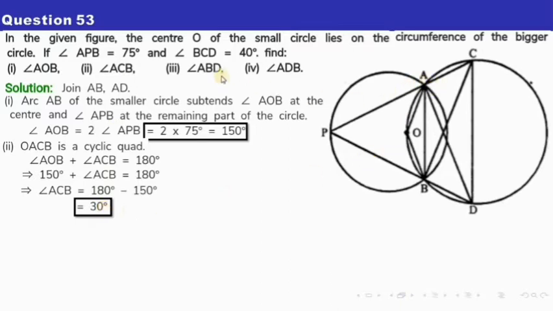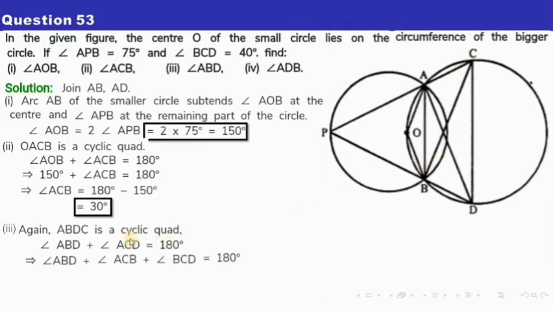Now let us go to find ABD. So ABD means this angle, right? So this full angle is my angle ABD. All right, now if I see ABDC, all right, so ABDC is also a cyclic quadrilateral. All right, now in this we need to calculate ABD. So ABD and ACD, when they are added, I will get 180 degree. All right, now this ACD can be written as this plus this, right? That is ACB plus BCD.